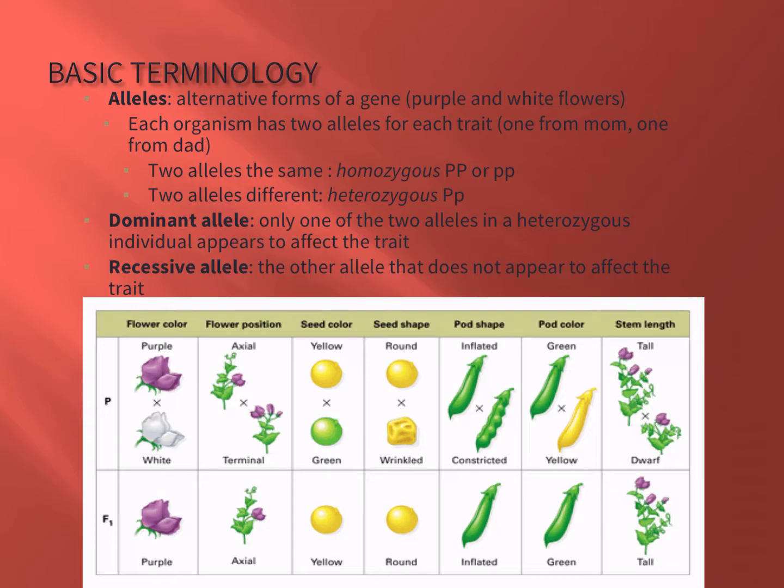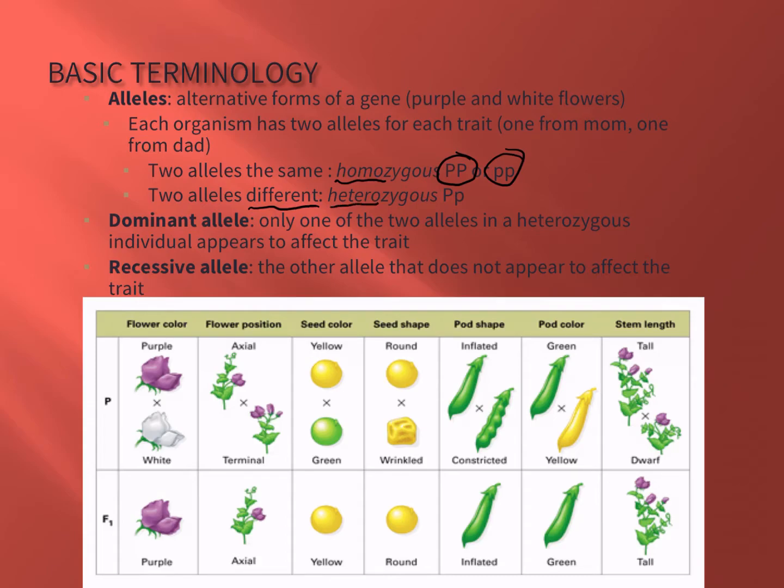When you have two alleles that are the same, and alleles are represented by letters, okay? So the letter really doesn't matter. There's no right answer for a letter. What you need to make sure is when you're representing a particular trait, so for example, color, you need to represent it with the same letter. When you have two alleles that are the same, you represent that with either two capital letters or two lowercase letters, and that's what we call homozygous. Homo as a prefix meaning the same. When you have two alleles that are different, that's referred to as